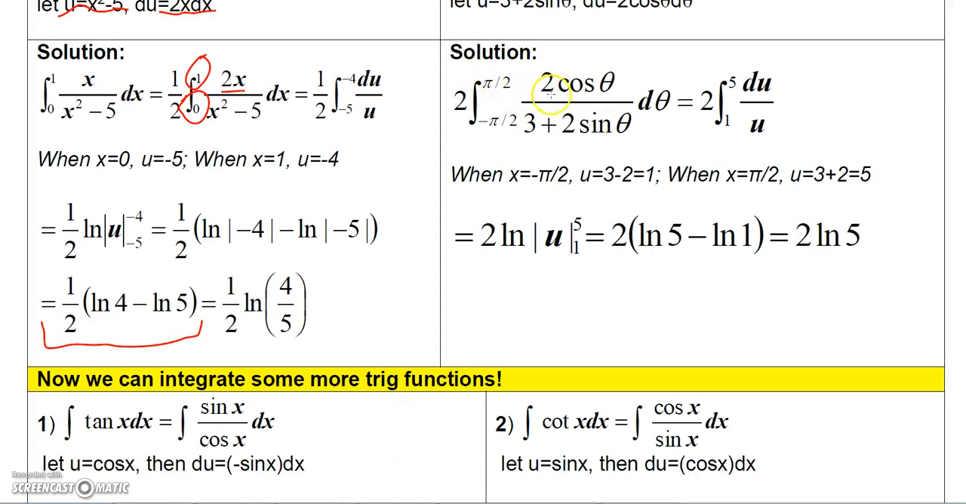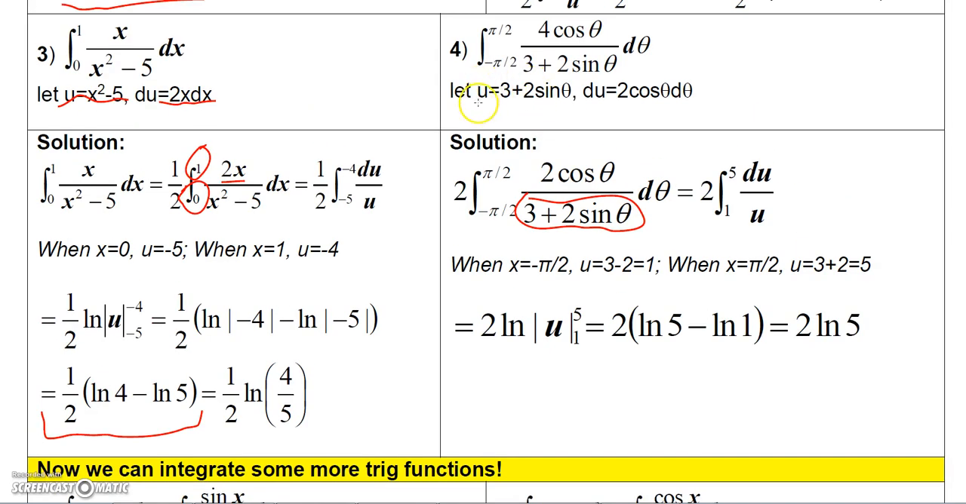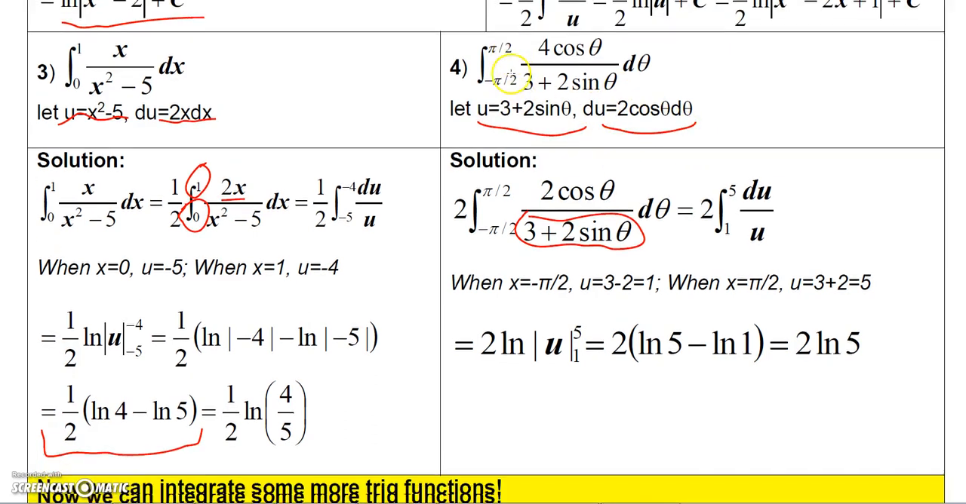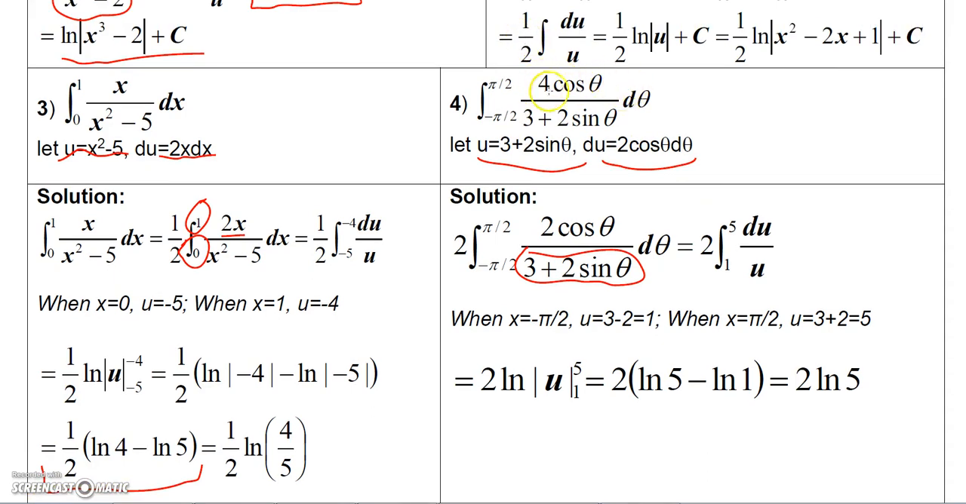Okay, so here's another problem. Here I'll let u be this entire expression, and then the derivative of that would be 2 cosine theta d theta. So here's the problem I started with. I had a 4 up here, so what I'm going to do is factor out one of the 2's out of the 4. I'm just going to factor a 2 outside, and now this part along with the d theta is actually du. And so what I get is the integral of du over u,